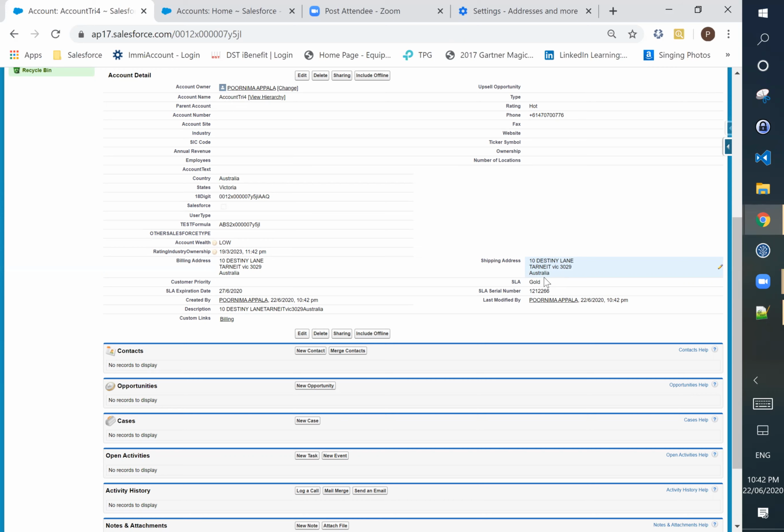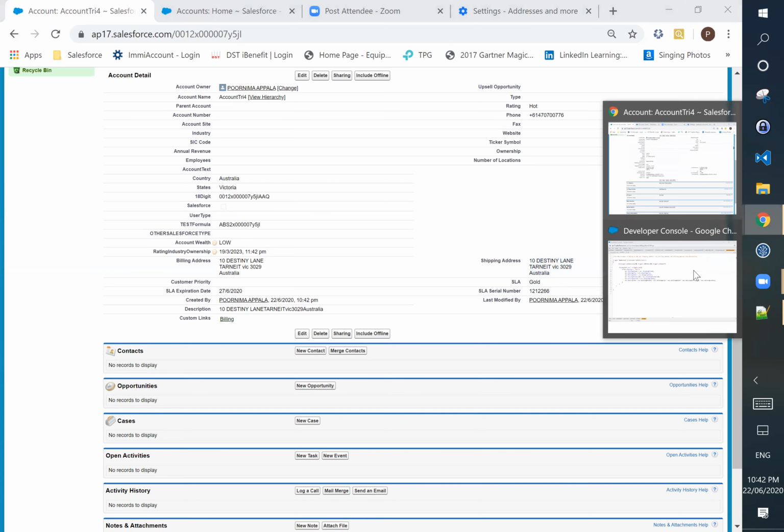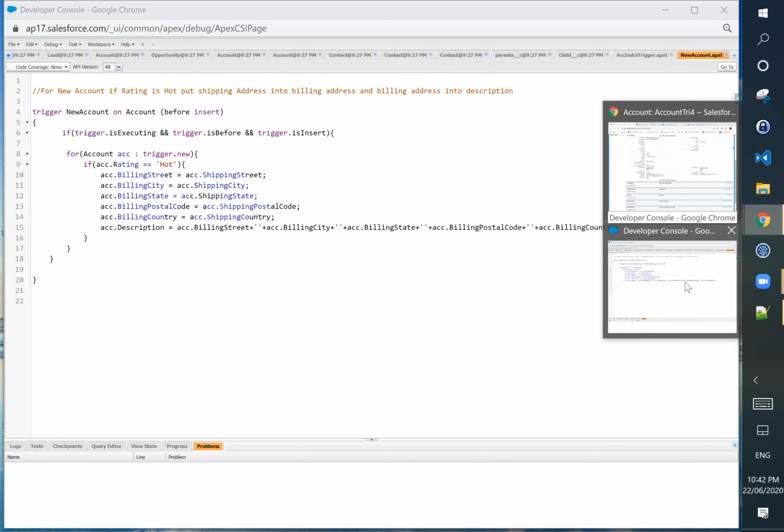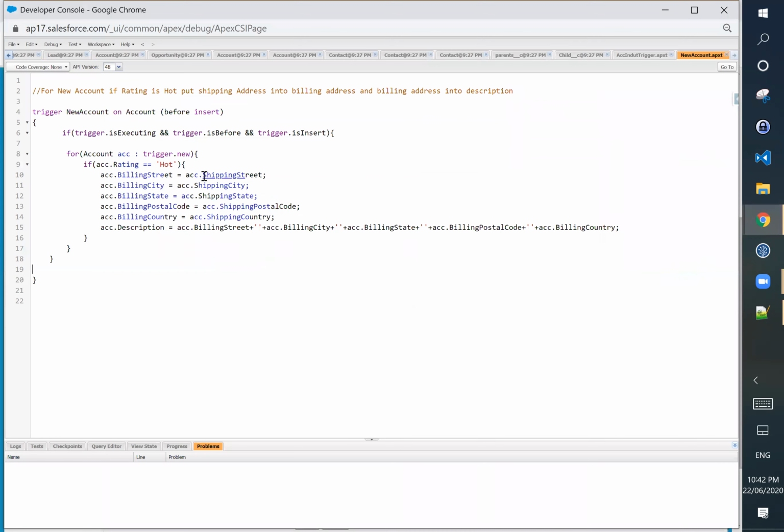So go to the code now. Before that, see your shipping address is exactly the same in the billing address, and in the description as well. Okay. Now go to the code. Abhishek, you are right. Here, for the new record, we are creating a trigger, and we tested at line number 9 that if the rating of the account is hot, then we are assigning the shipping address into billing address, shipping street into billing street, shipping city into billing city.